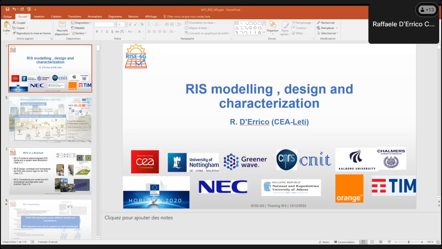Sorry for interrupting you. I guess you're not showing the right screen, because actually we only see the same first slide. If you're changing slides, we don't see anything. We just see the first slide, and not in presentation mode either. So maybe there's a problem there somewhere. Yes, there's indeed a problem.